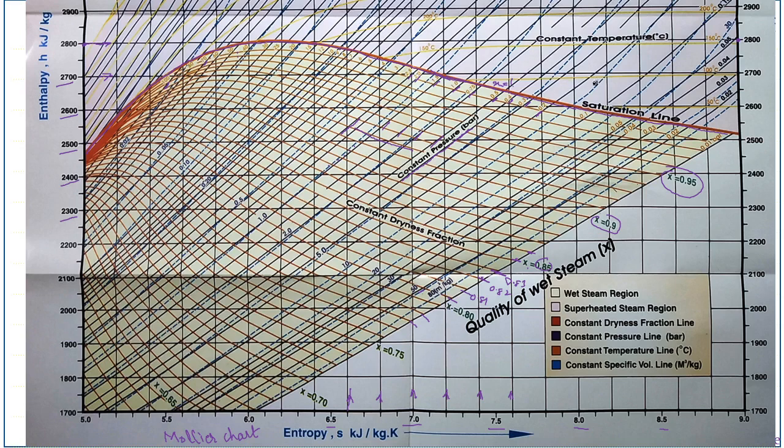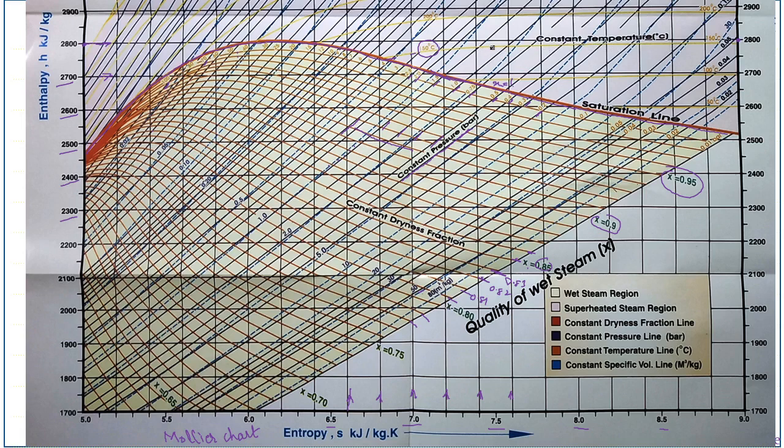In the superheated region, the temperature of steam starts to increase. So in this superheated region, we can find yellow color lines. Here, see here, a yellow color line is represented, and here 150 degrees Celsius is written. So this 150 degrees Celsius is the temperature of superheated steam, and that remains constant here. So this yellow curve, which is represented above this saturation line, is representing the temperature of superheated steam, and these lines are representing constant temperature of superheated steam.